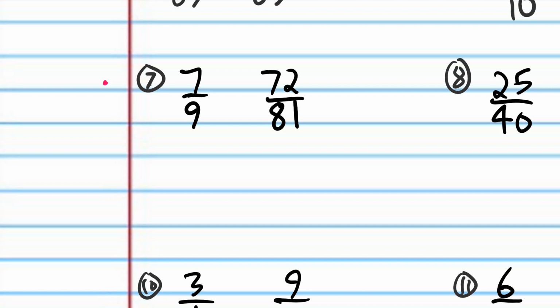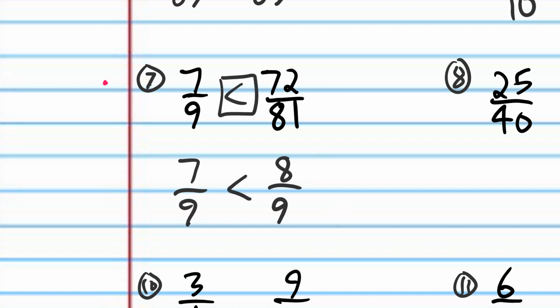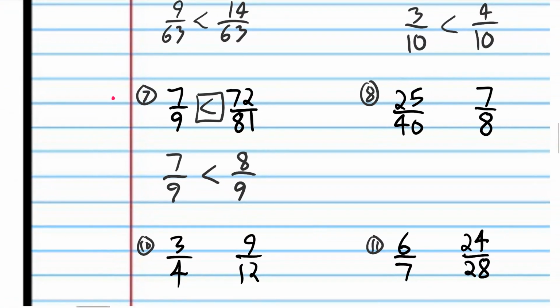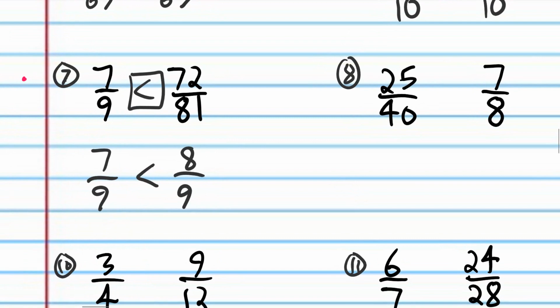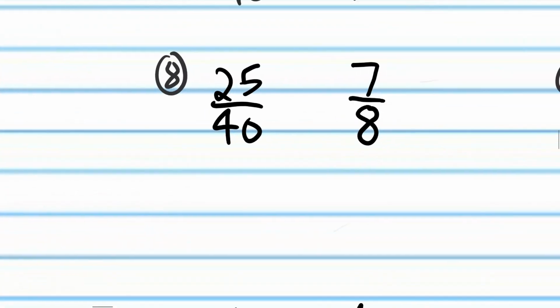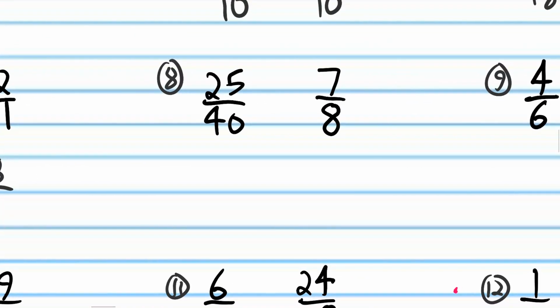So let's go ahead and try that. Again, you can just multiply both sides of this fraction by 9 to get 63 over 81. But I'm just going to try reducing this. I'm going to divide both these numbers by 9 to get 8 over 9. And we see that we need a less than sign because Pac-Man eats the 8/9. So again, on these problems, there's 2 ways to do it because one of these fractions is not reduced. So why don't you try